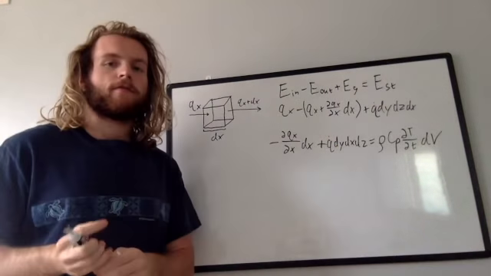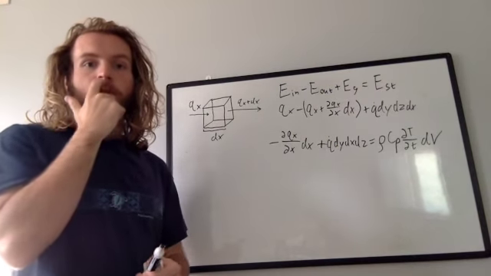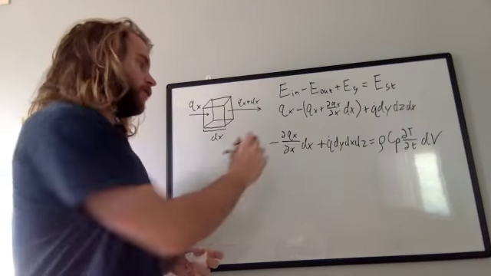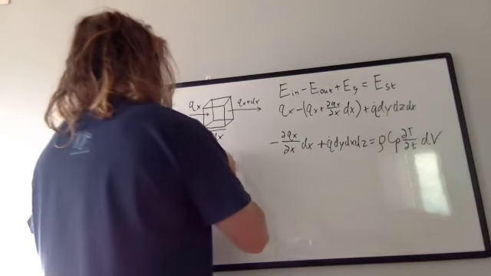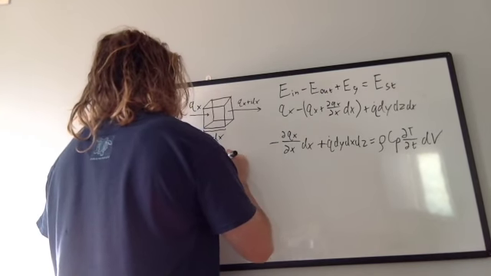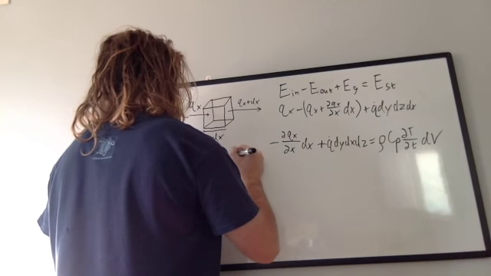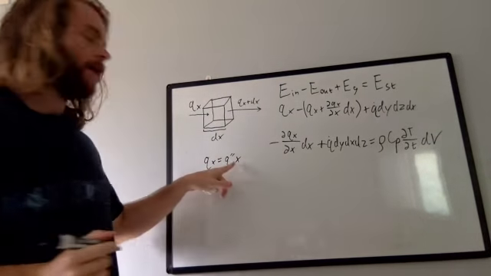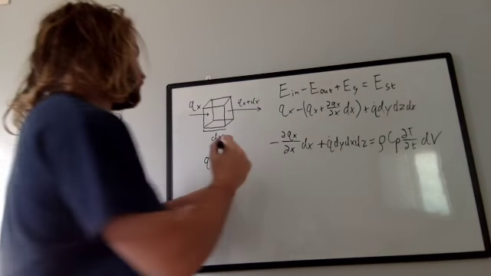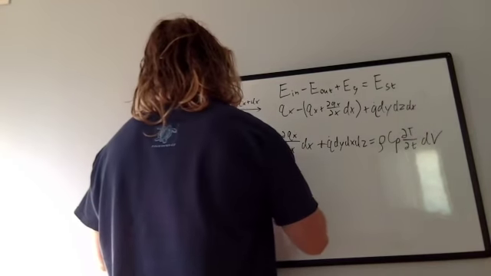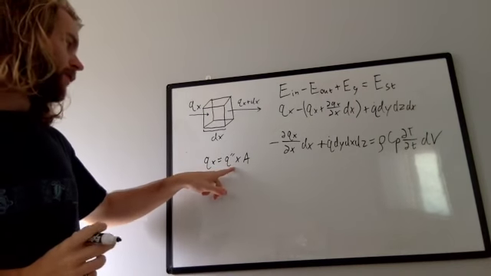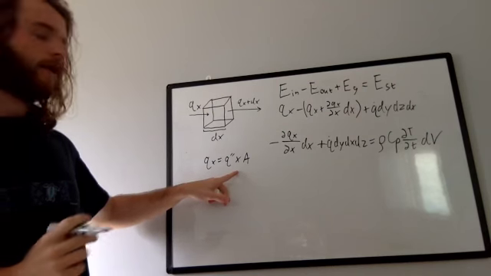Alright, and the next step we are going to make is we are going to be using Fourier's law to come up with an expression for our Qx right here. And basically what that is going to say is Qx is going to be equal to the heat flux, which is being used to represent the heat flux through the x direction, multiplied by the area. And then what Fourier's law says is that this heat flux right here